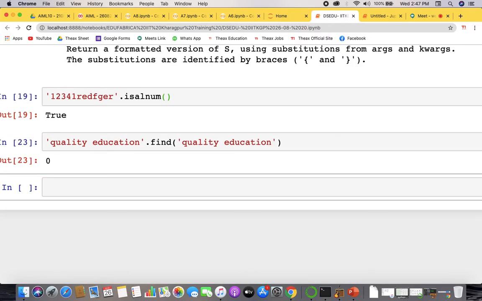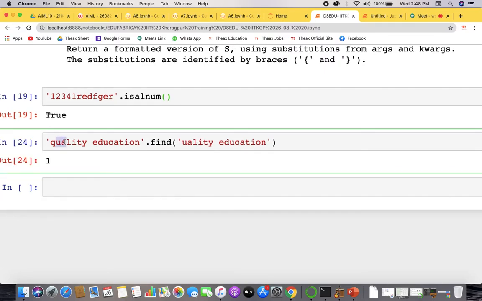Now what is the difference there, right? In every such case, students make mistakes, so these kinds of cases actually carry a misconception. What find does is find the first occurrence: whatever you have written inside the parenthesis, it will find the very first index number of the first letter you have written. So Q lies there, right? Remove this, run this. U lies in the first position, and you are getting 1. So remove everything, run this. You can see the index position of E, that is 8.